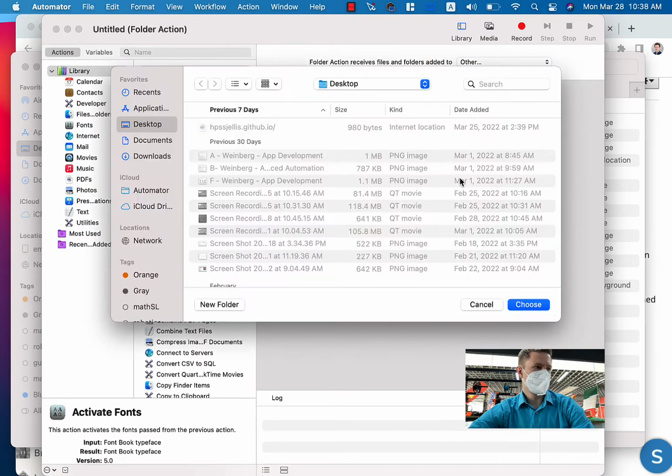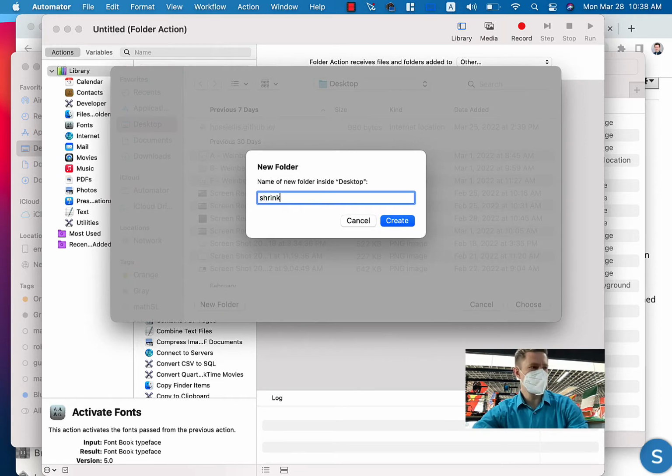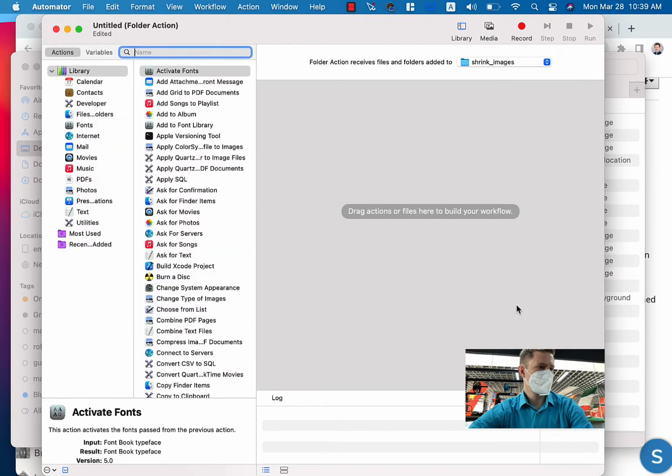And so I'm going to go to my desktop and I'm going to make a folder that I'm just going to call shrink images. We'll create that, choose it. And there are two things that we want to do. The first thing is